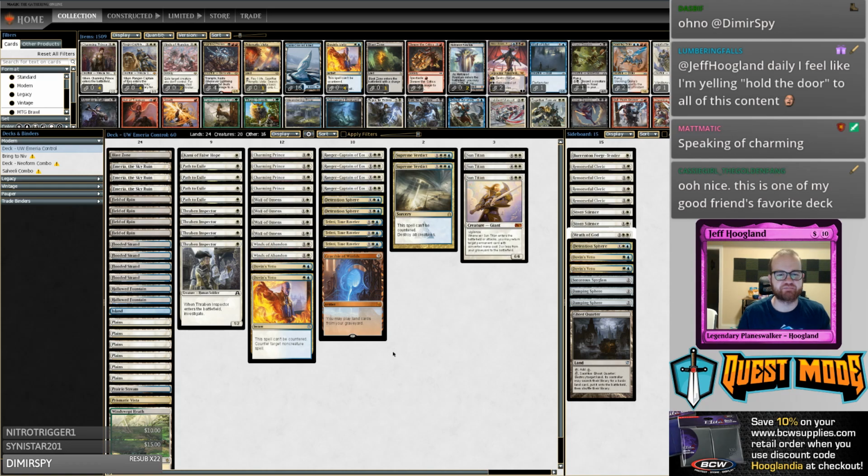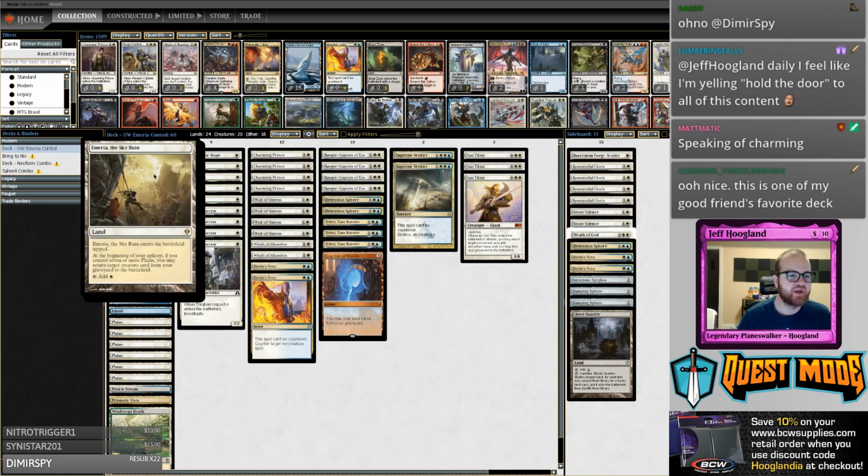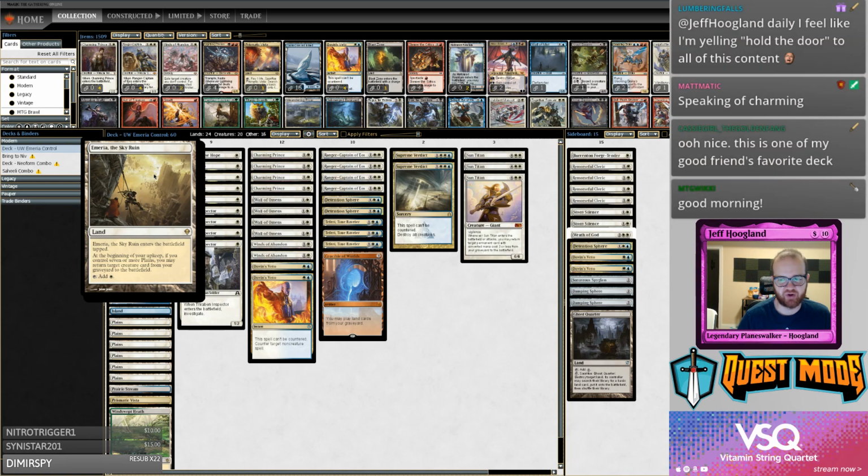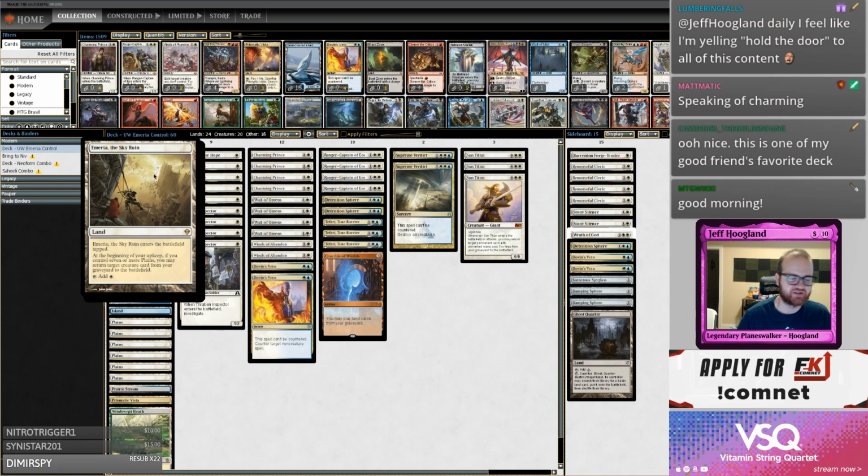Take 2. This is blue-white Emeria control. Emeria the Sky Ruin is a land that says, at the beginning of your upkeep, if you control 7 or more Plains, you may return target creature card from your graveyard to the battlefield. So this is intended to be a very long, grindy deck, because obviously we're trying to get to 8+ lands